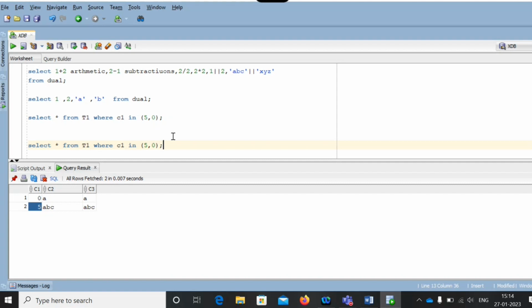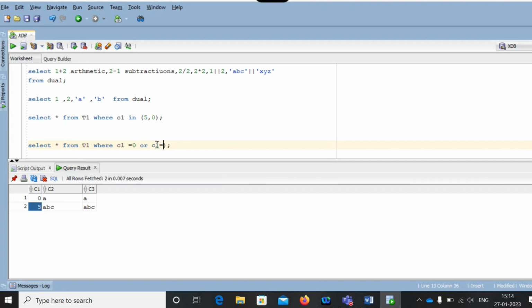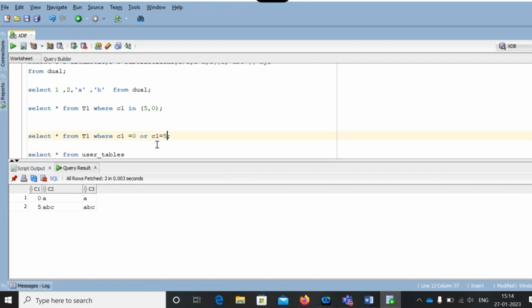Now I am trying to use where C1 equals 5 or C1 equals 5. We're checking two conditions on a single column, but I'm using the OR operator here.